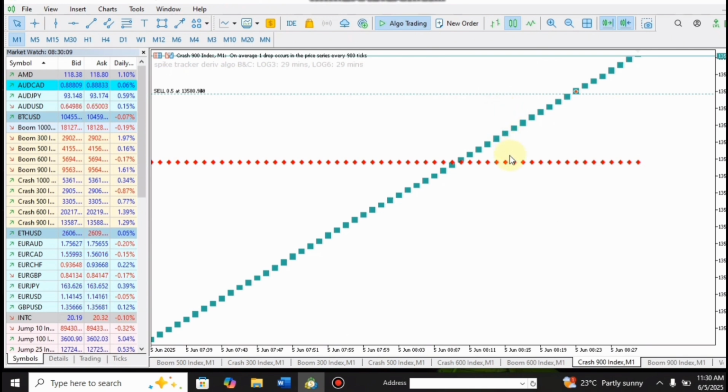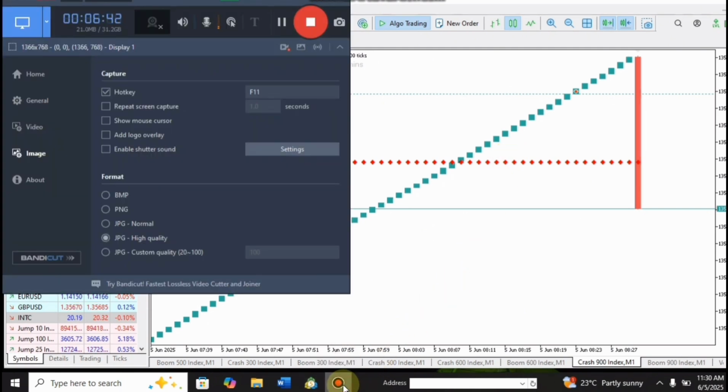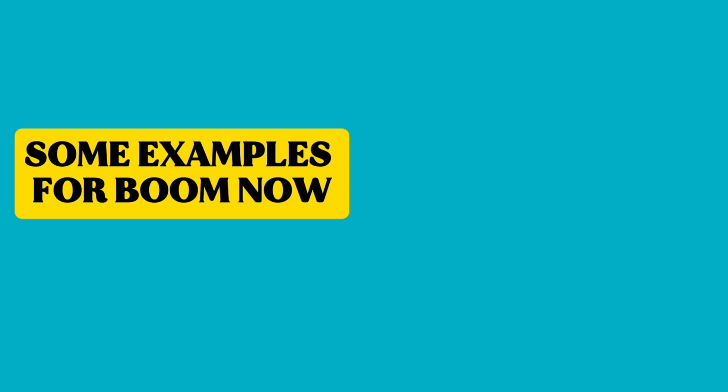You see, the arrow has disappeared because now the stop loss is less than 5. And after it has disappeared, the spike has happened and we make our money, a very big spike. You just need to follow the spike detector and clearly